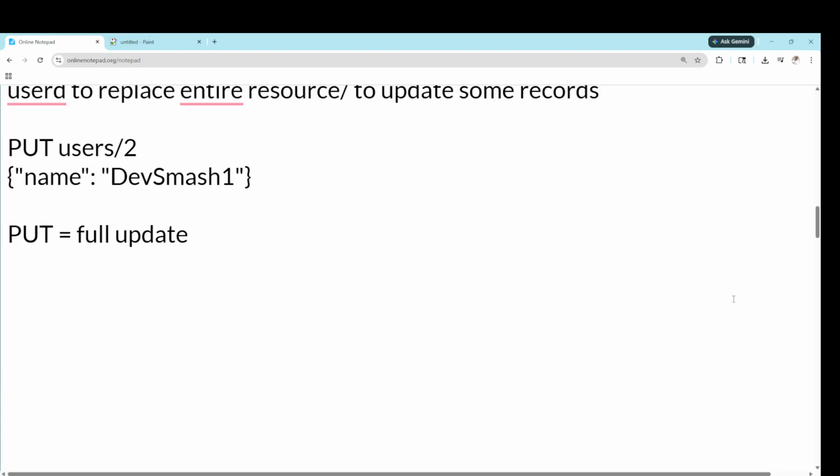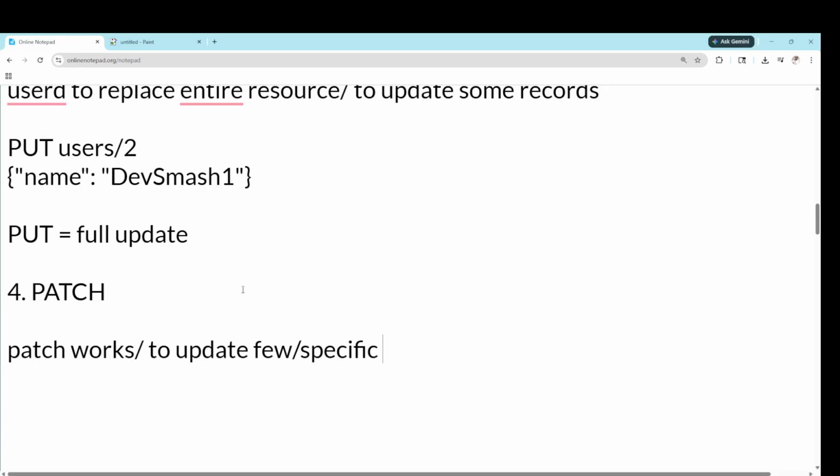And the next method, after put you can go for patch. If you want to do some patchwork, you can understand it like you want to update some specific fields, okay, like I am writing, patchwork, or to update few or specific fields, okay. If you want to update a few fields, or you want to do some patchwork on your data, you will use patch.